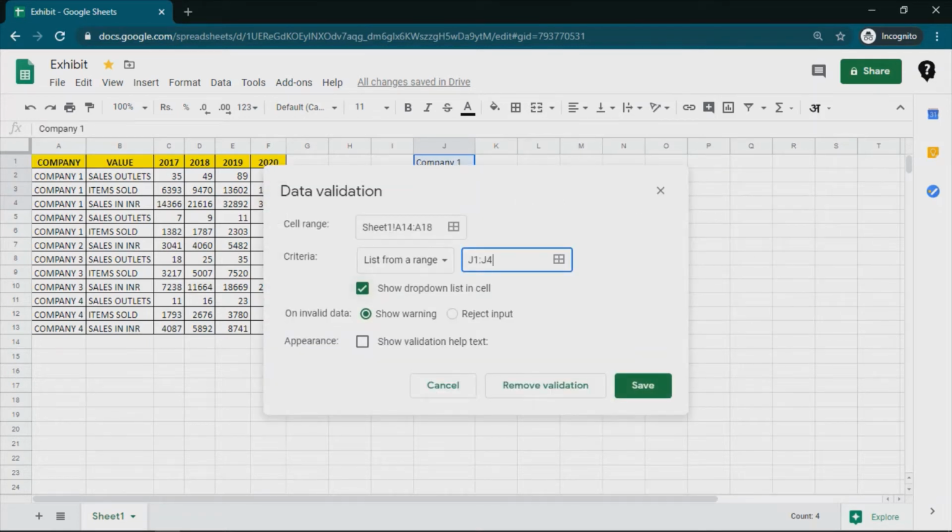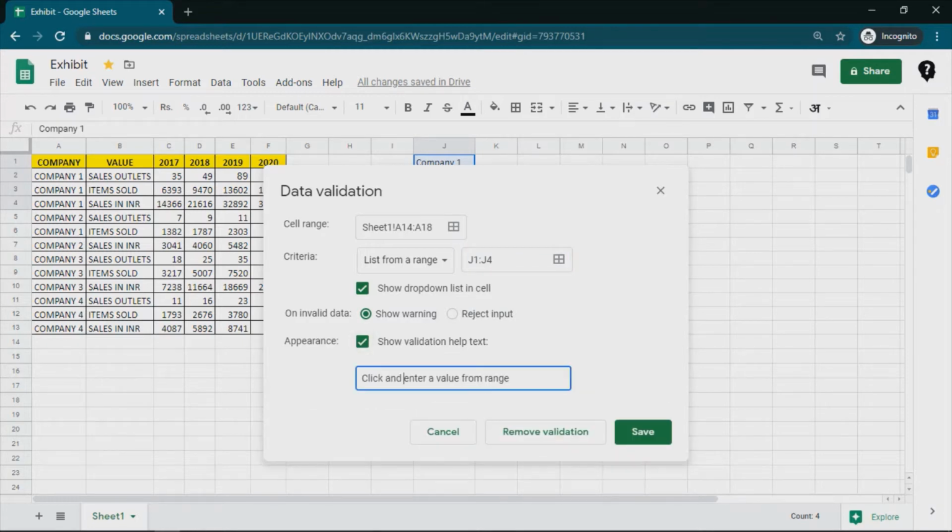Okay, now this option will enable the drop down list when we click on the particular cell having a data validation. This is the type of validation we want. Either we want to show only a warning, or we can reject the input altogether if the input is not as per our set criteria or validation rules. So let me first show the warning and then we come on to the reject input, and then we have appearance, show the validation help text. This means that if there is any warning or if there has been any rejection, what message we want for the user. Say for example,